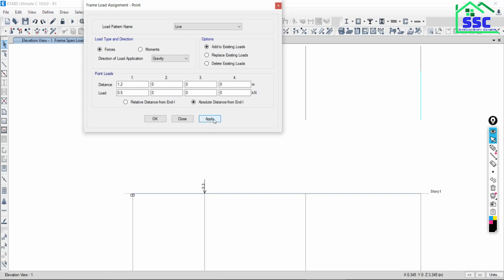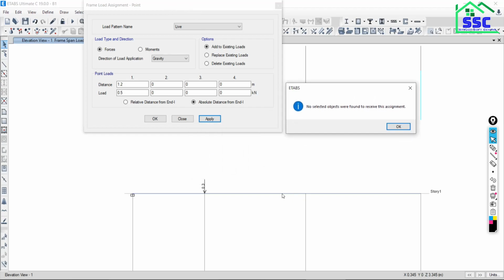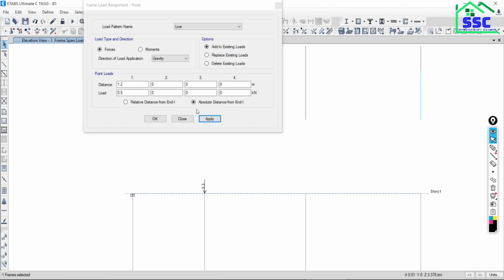Say apply. See what message we are getting: no selected objects were found to receive this assignment. Whatever we want to do is not possible unless your member is selected. We want to assign the load, but the member should also be selected. So select the frame, then assign. Say apply. Is it correct?